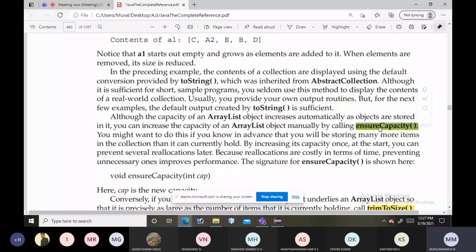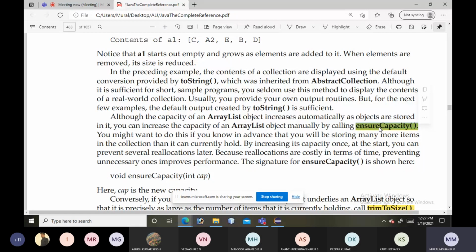Now if we know the number of elements, the size of the elements, and we can reduce the number of reallocations, then automatically we can improve the performance. If you give the capacity of the ArrayList, at once it will allocate, means in bulk it is allocating.